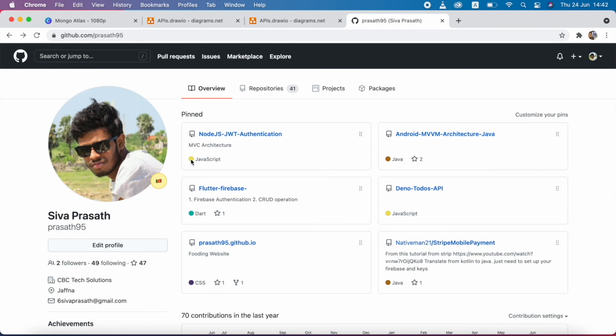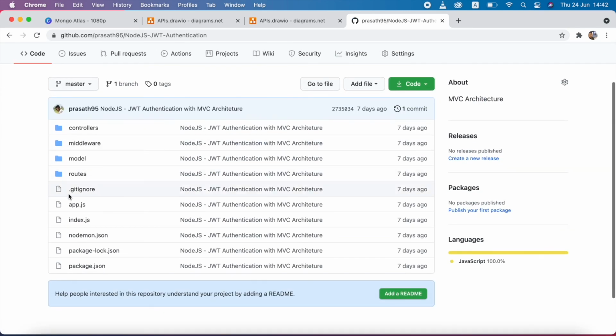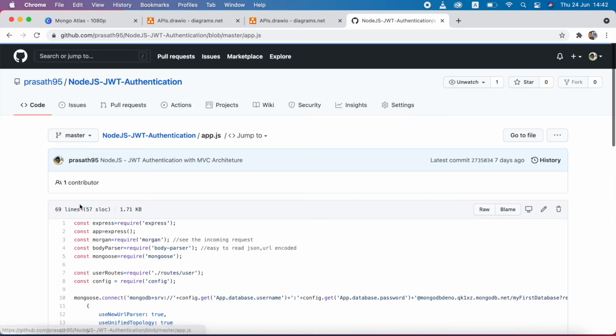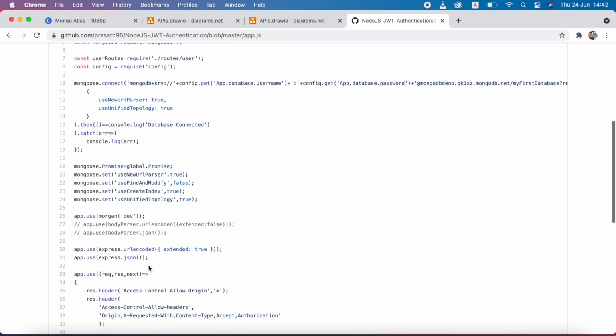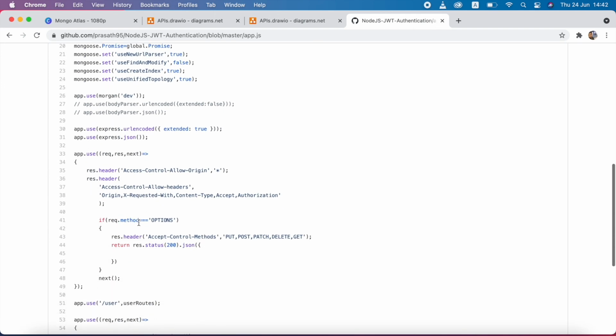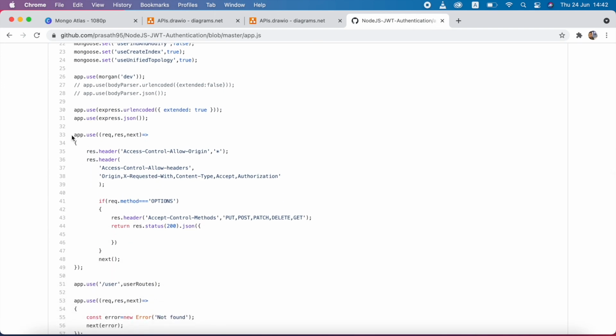So this is my GitHub account. I provide the link in the video description. You can see here there is one project called Node.js JWT authentication. So I click that one and I click app.js. You can see here line number 33 to 49.